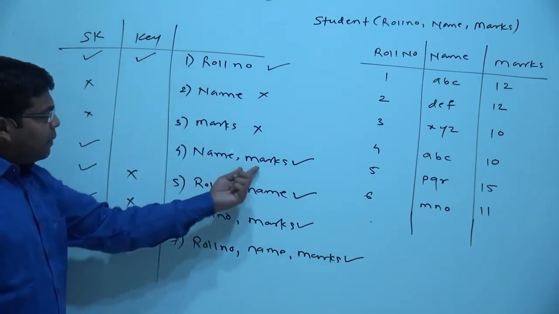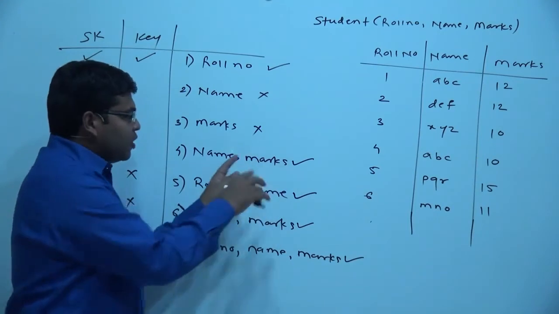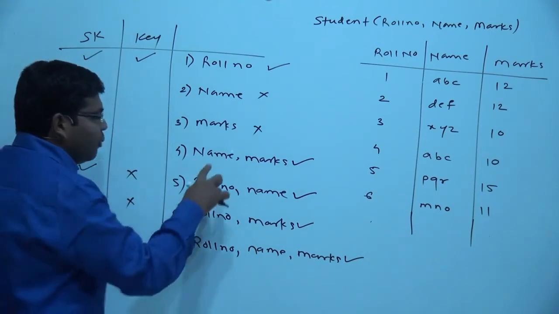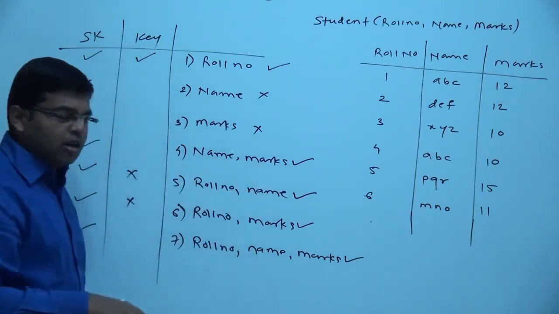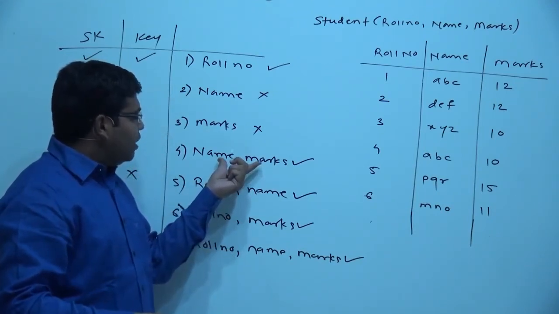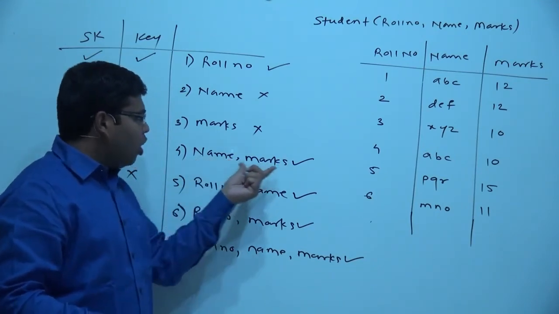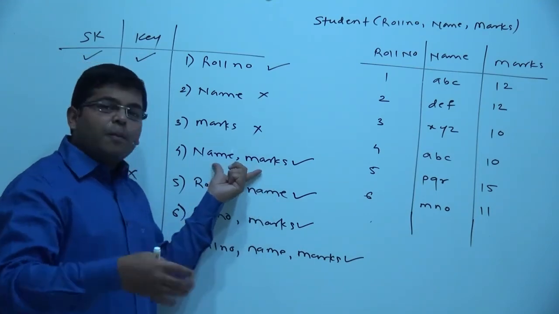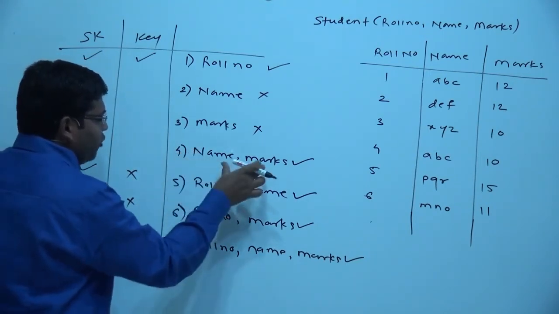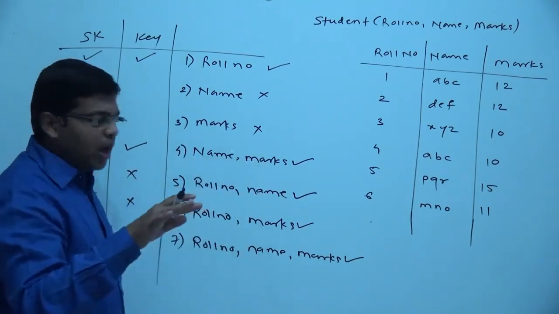Similarly, let us consider name and marks. If you drop name, you are left with marks alone. Marks alone is not a key. If you drop marks, you will be left with name alone. Name alone is not a key. So what does that mean? Both these columns are essential. Both are required to make a key combination. If you remove any one column from this combination, either name or marks, then the remaining column cannot act like a key, and therefore this combination of attributes can also be called a key, because redundant attributes are absent.